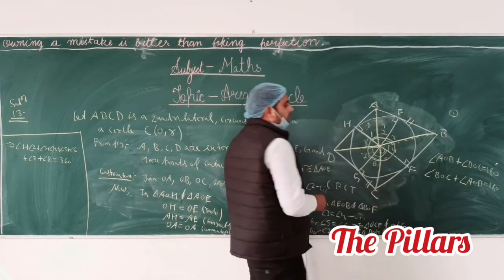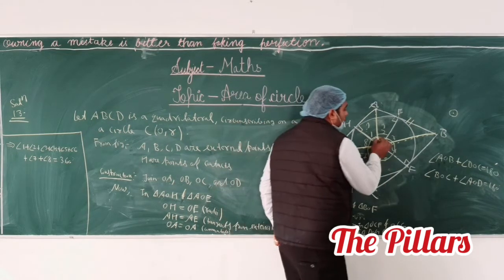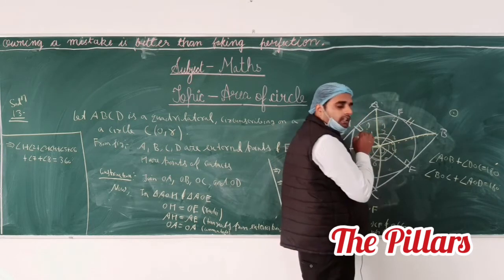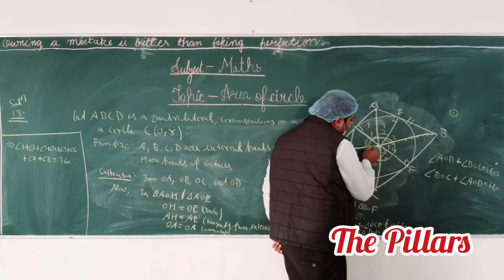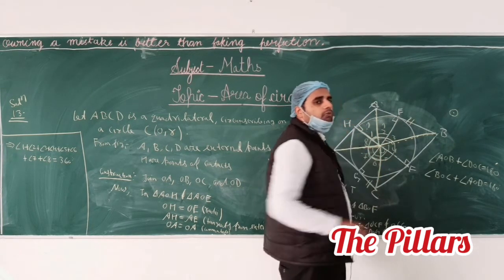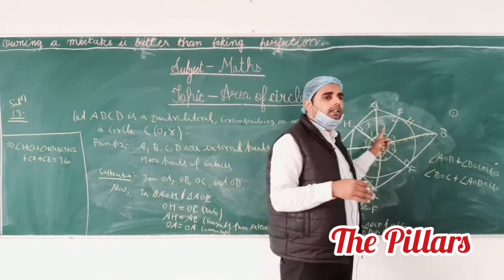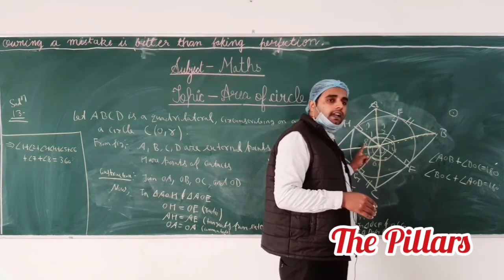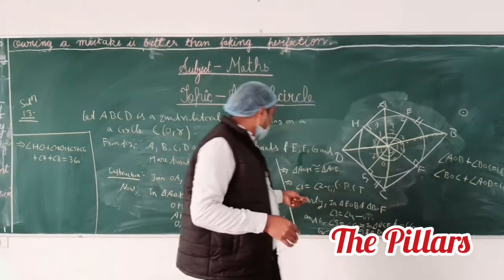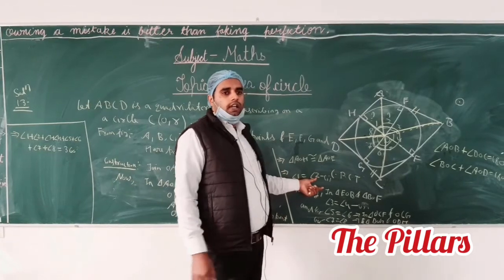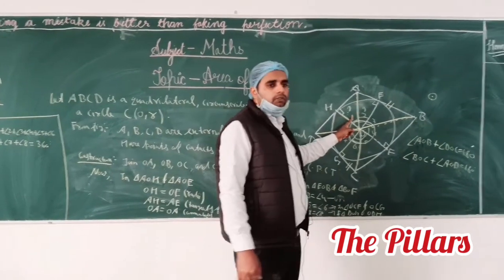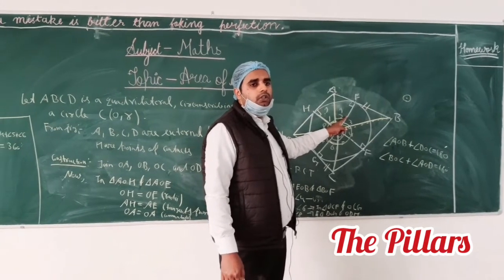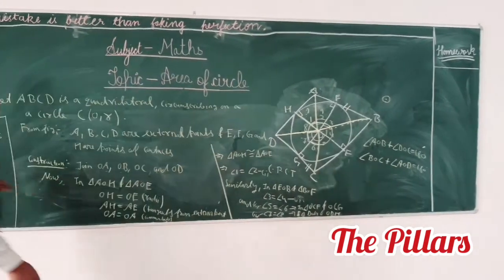It is visible that we require only angle 2, angle 3, angle 6 and angle 7. It means we want to convert all the quantities into only these four quantities: angle 2, angle 3, angle 6 and angle 7. From equation 1, angle 1 equals angle 2. Then in the place of angle 1 you have to mention angle 2. It means angle 1 plus angle 2 is equal to 2 angle 2.